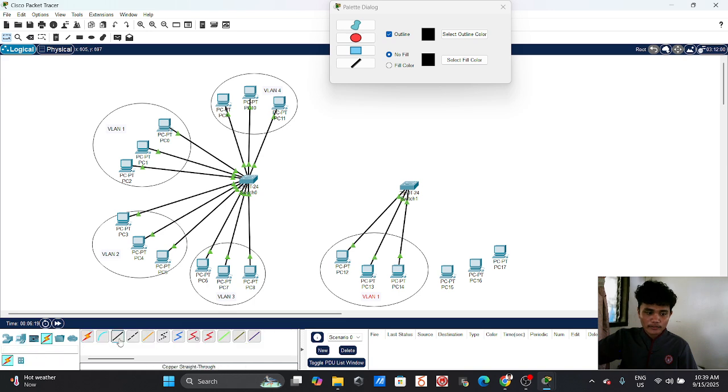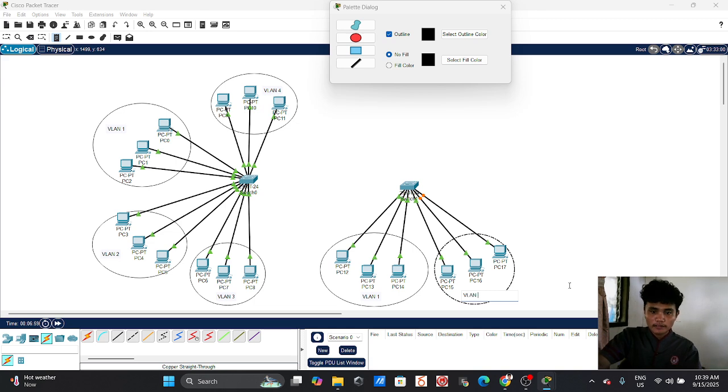VLAN 2 is for 6 to 10 fast Ethernet. This is our VLAN 2.